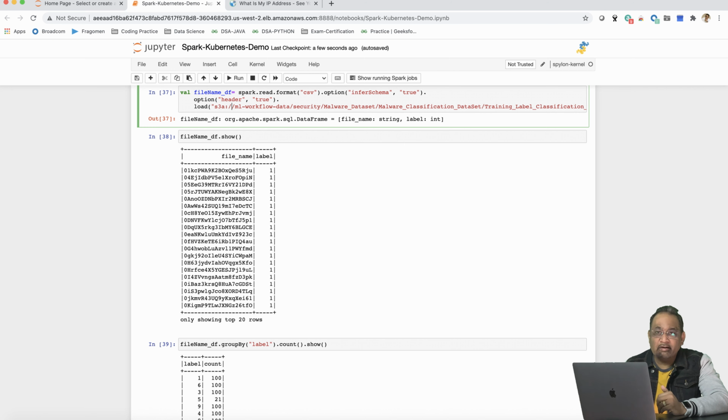Let's run some aggregation logic on the Spark data frame and display the result. Till this point, we have created our first Spark application to fetch the data from AWS S3 and run simple aggregation logic on it by submitting the job on the Kubernetes cluster via Jupyter Notebook. With this, I am concluding the current chapter, and I hope that you have understood how Apache Spark works on Kubernetes. In the next video, we will see some more advanced use cases of Spark.